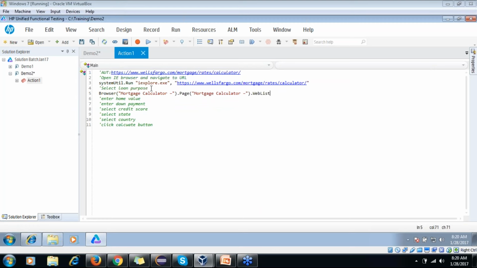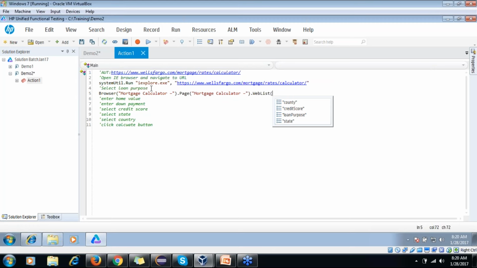In UFT, any drop down where you select values is a web list, and web list has its own properties. We'll see how different things we can do at an object level like web list.